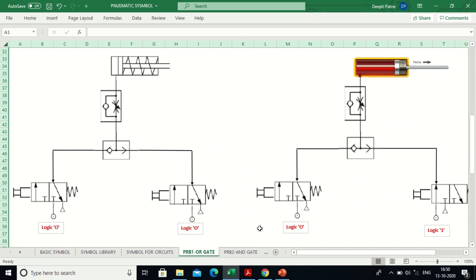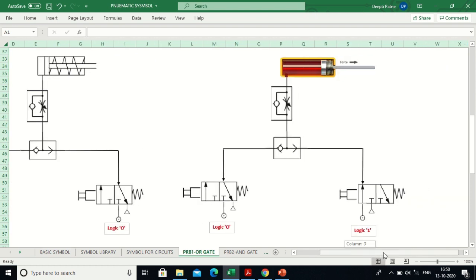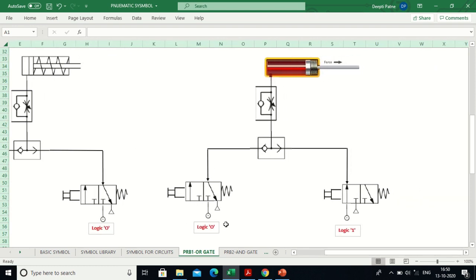Now let's see what happened when the logic is 0 1. When the logic is 0 1, as you can see, it is still connected to the exhaust, whereas when I am saying 1, I need to apply a push there. When I am applying a push, my position will move. As you can see over here, my earlier position was this. When I push it with a manual button, my position changes to this position. So this will come into the picture.